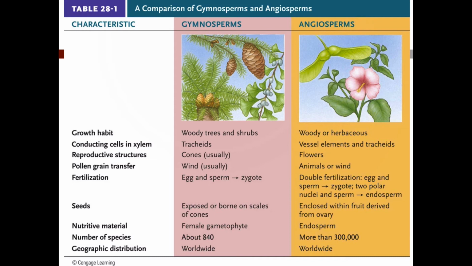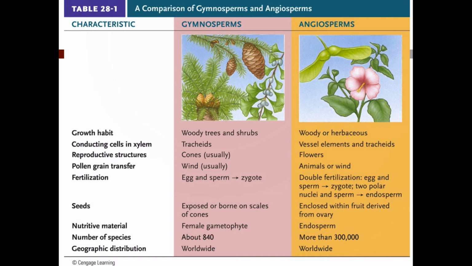I contrast those with the angiosperms. The angiosperms might be herbaceous. If not herbaceous, they're woody, such as the woody dicots called trees. It says they have both vessel elements and tracheids. Hence, of course, it's hard wood. The absence of such makes the gymnosperms provide us with soft wood, which I'll teach later.